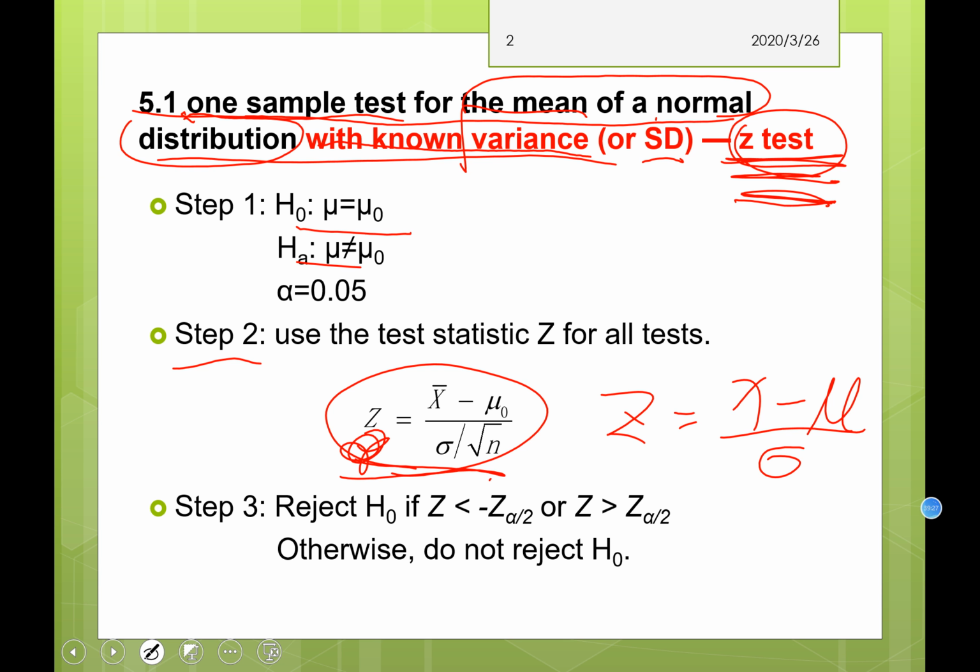So now let's think about this. This one is used for the original data X. X follows a normal distribution with mu and sigma. But this formula, I think we have explained the central limit theorem